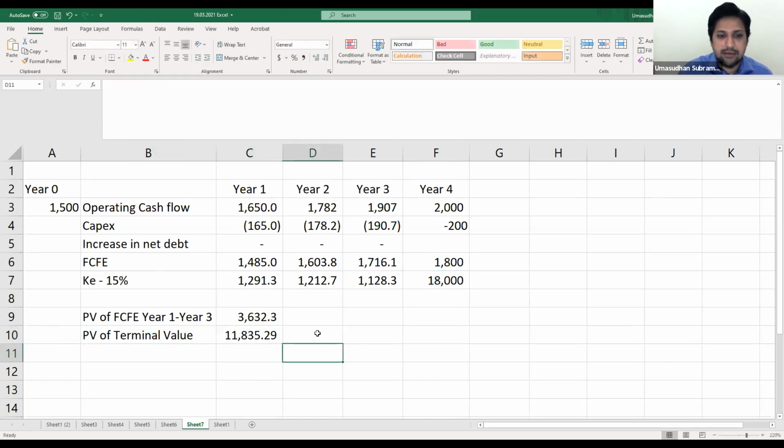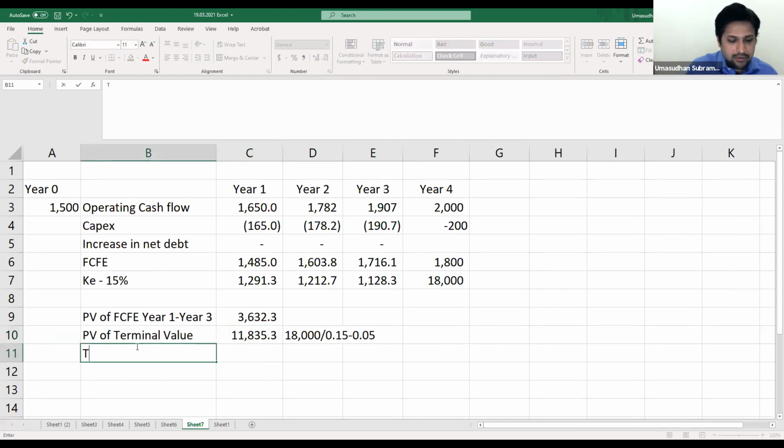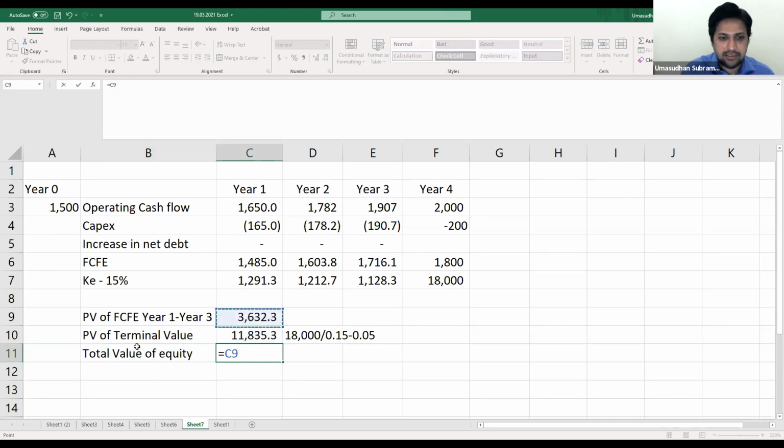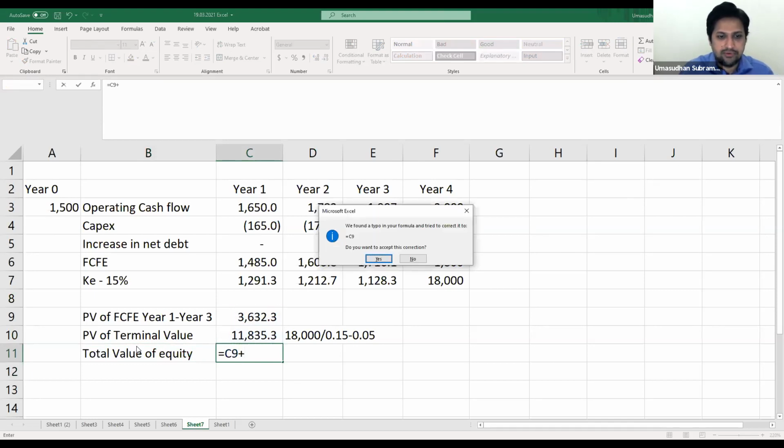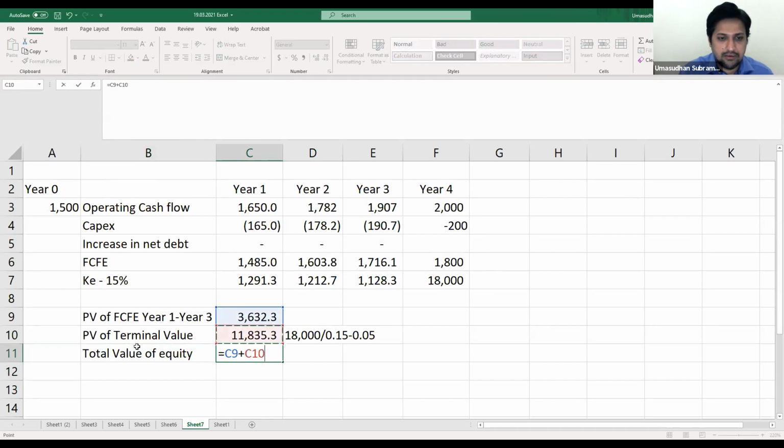So that's here. I'm going to also write the formula for you. This is 18,000 divided by 0.15 minus 0.05. This is what we calculate, isn't it? So now we are going to do total value of equity. I'm going to add this plus this. So you have